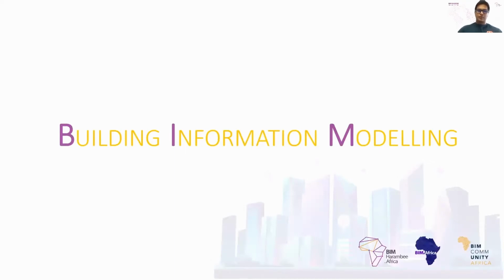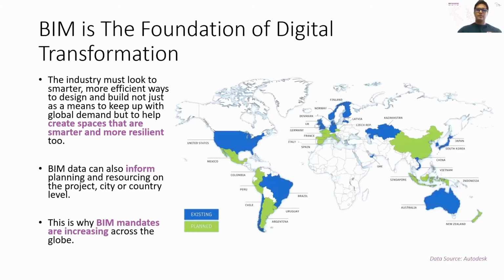Now, before we get into digital twinning, we need to start off with BIM, because there is a big misconception that BIM equals digital twins. And I'm going to demystify that today. So let's start off with building information modeling, or BIM. BIM is the foundation of digital transformation. And the image on your right-hand side says it all, right? This looks at the growing adoption of BIM mandates throughout various regions because of its benefits. If it did not have such an impressive win ratio, if I could call it that, it wouldn't be adopted as aggressively as it is.